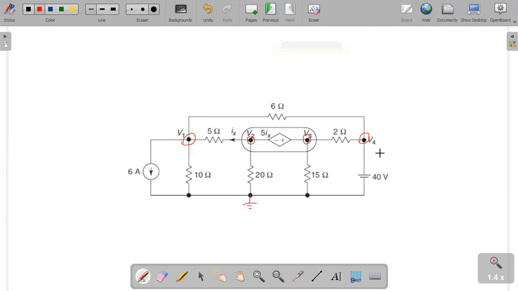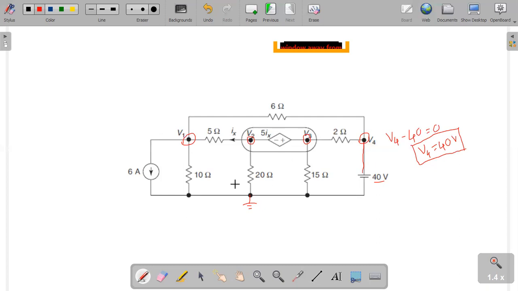First thing we can simplify is that node 4, that is with voltage V4, is directly connected to the reference node through a voltage source of 40 volt. So it clearly indicates that V4 minus 40 is equal to 0. That is, the voltage V4 comes out to be 40 volts. So we have got the value of one of the node voltages. Now we have to find the voltages of the remaining three nodes, that is V1, V2, and V3. So these three are the unknowns of our interest.